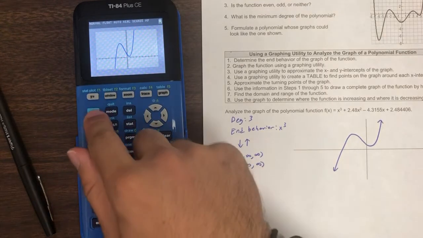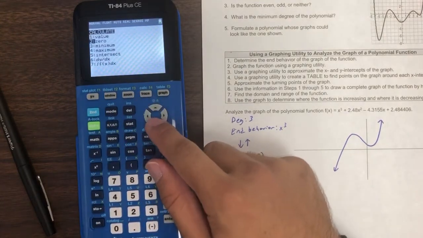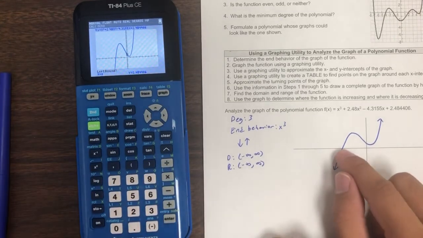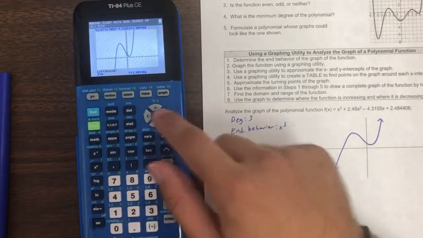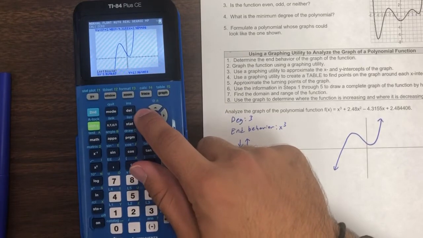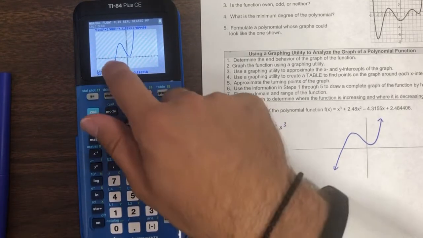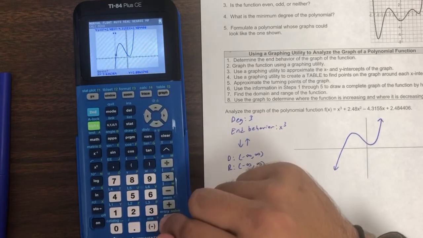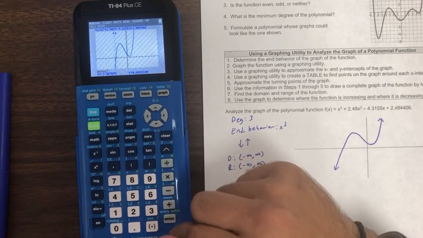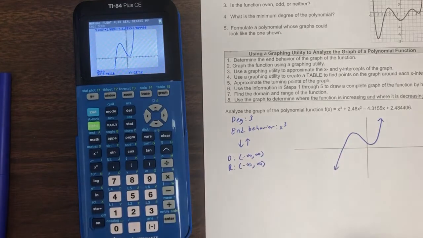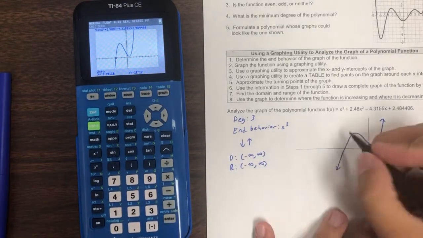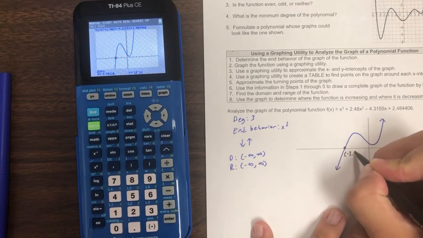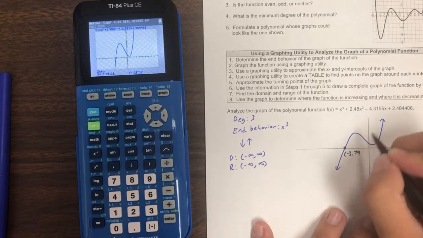So if I go to second calc, I can find my zero. My zero is an x-intercept, so I'm going to hone in on this point. It says left bound, so I'm just going to go left, left, left, left, left. And so I'm left of that zero, press enter. Then I'm going to go to the right of the zero, press enter, and then you can guess and press enter. And so I get this point to be negative 3.79,